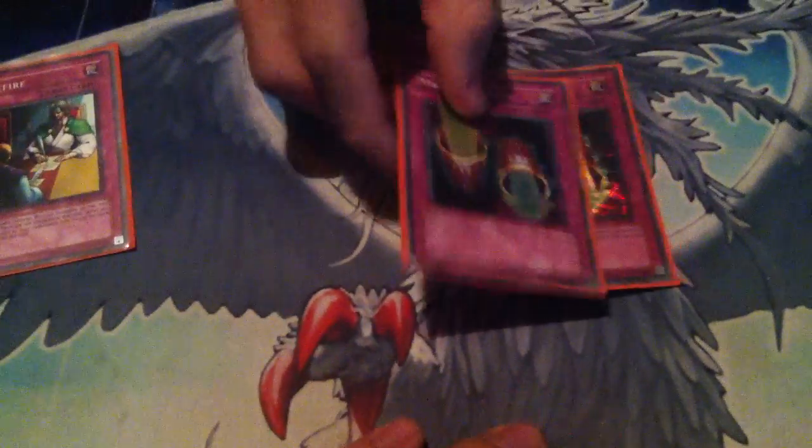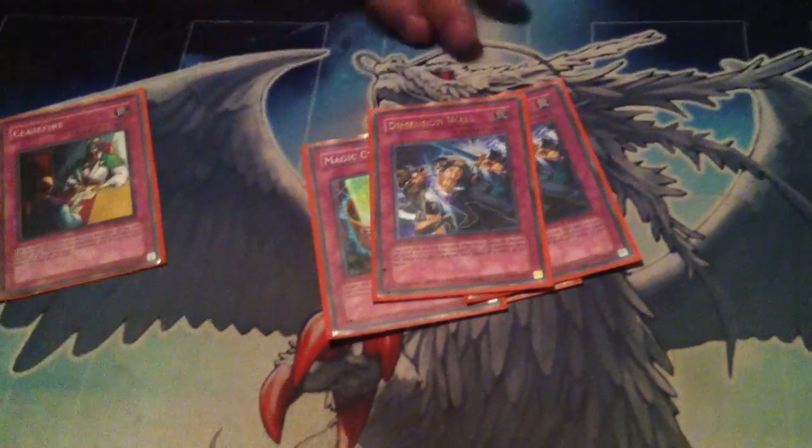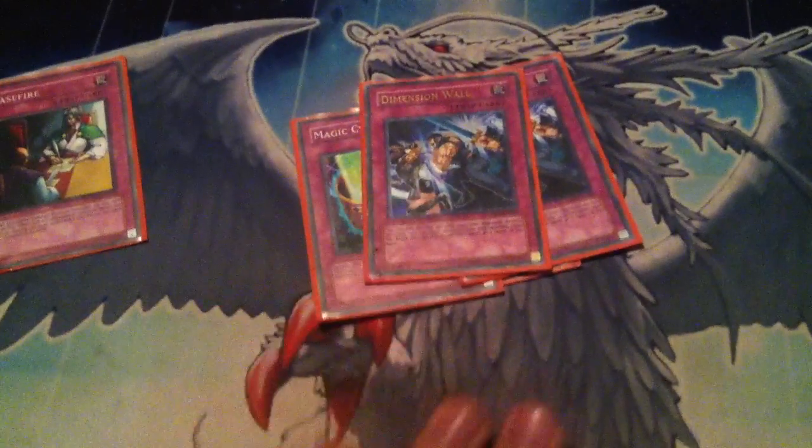Alright. Two Magical Cylinder. Obviously, it's kind of like the Dimensional Wall. You just throw them a Lava Golem and then they try to attack and...